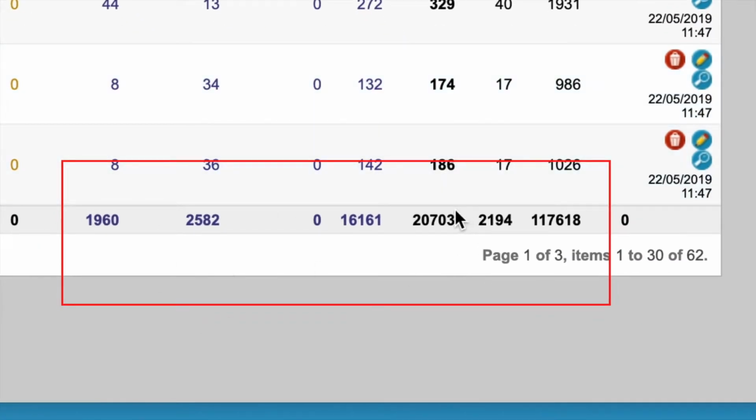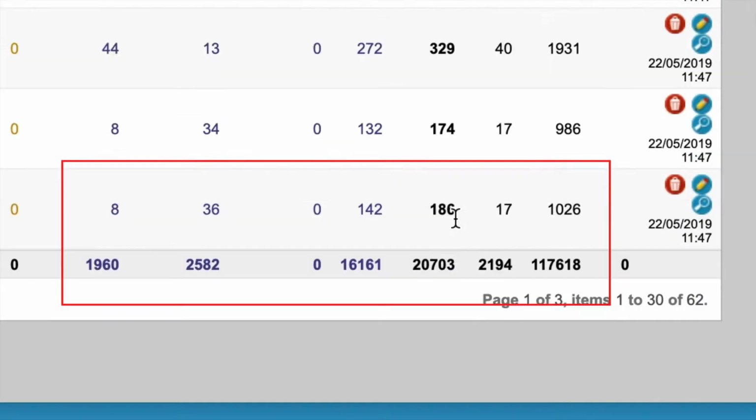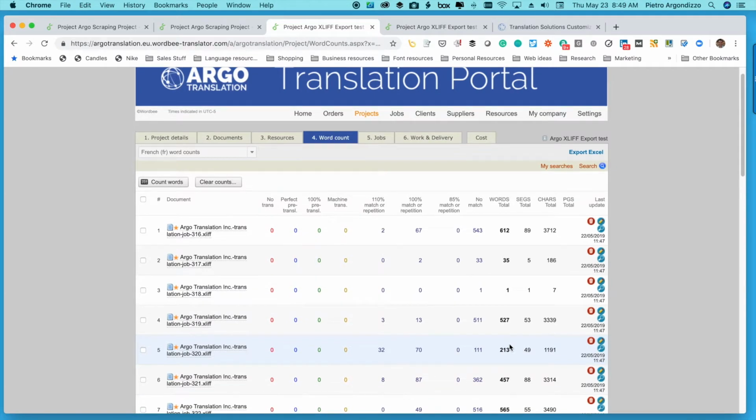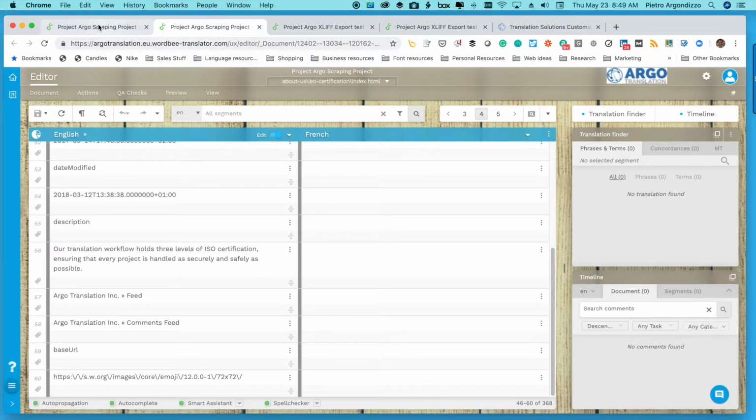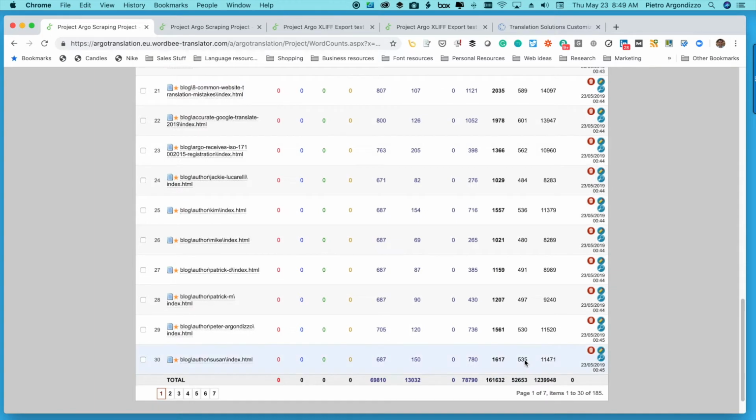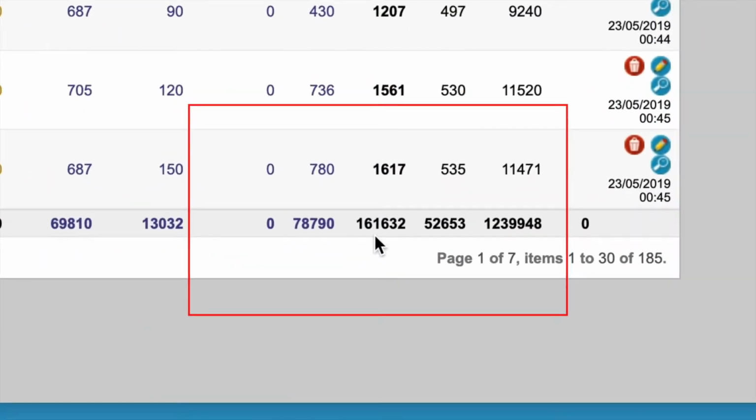But if you look, I've got a total word count. This column is total word count of 20,703 words, of which after repetitions, it's about 16,000 words. Let's go ahead and look at the scrape. So I have those word counts here. The word count's 161,000 words.